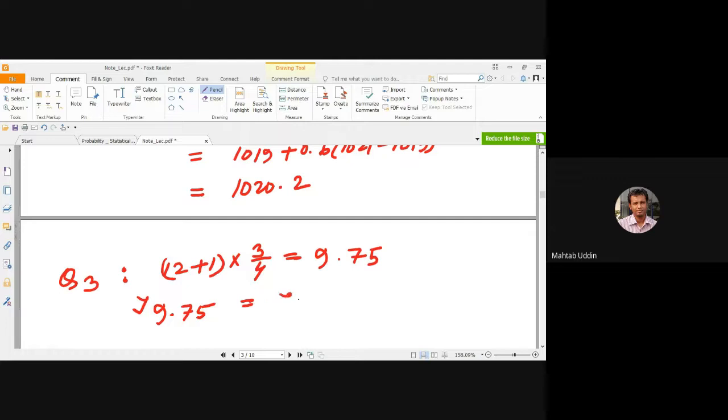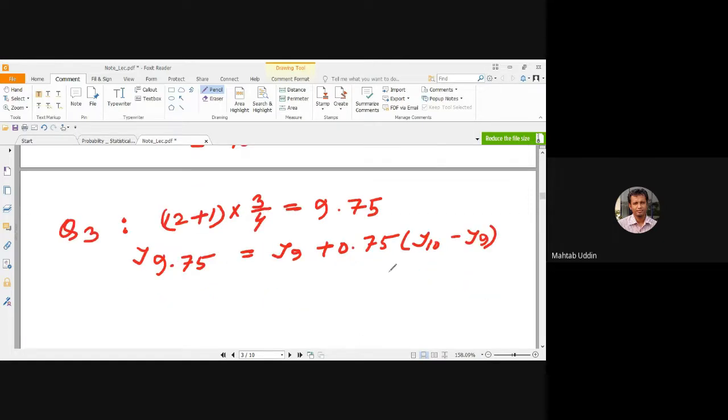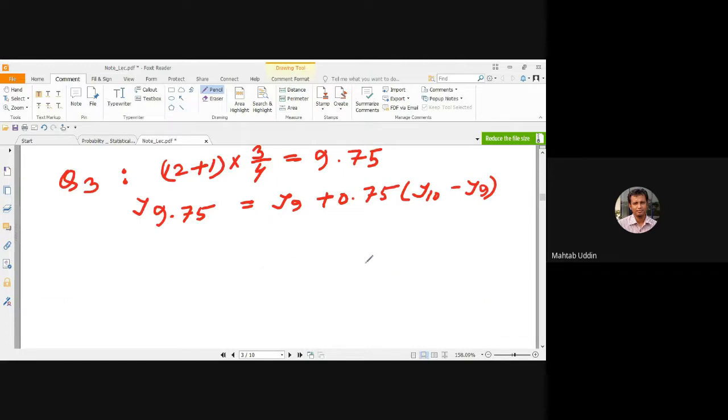y9 plus 0.75 (y10 minus y9). Do you understand? You should put the value. তুমি নিজে যে ভ্যালুগুলো ইনপুট দিবা।